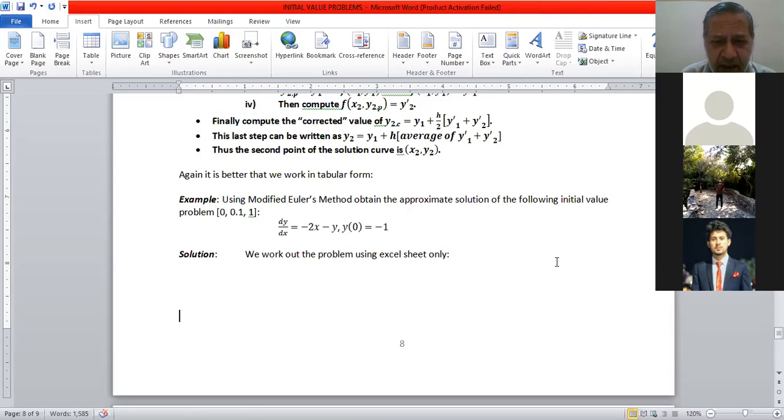I think I'll revise this because this is the first method, which is a bit tricky for finding approximate solutions of differential equations or initial value problem. I stop recording here. मैंने थोड़ा टाइम आज ज़्यादा ले लिया है और